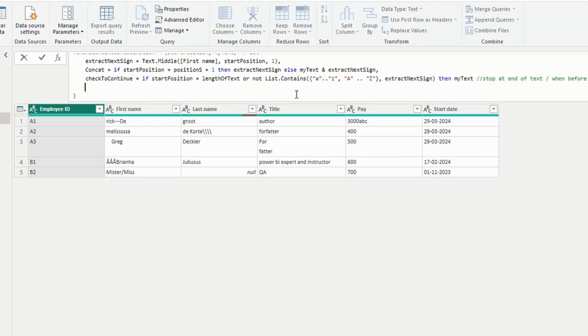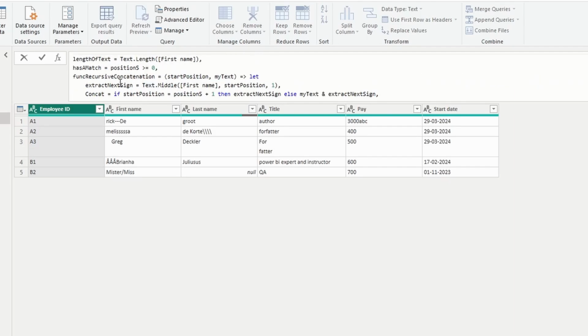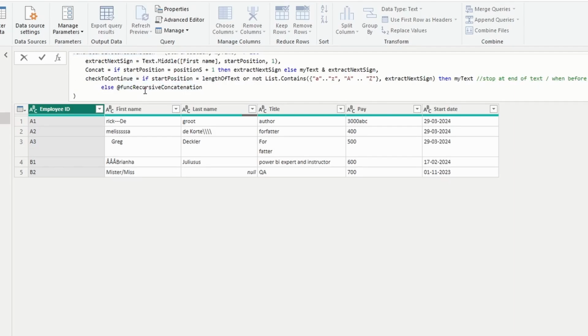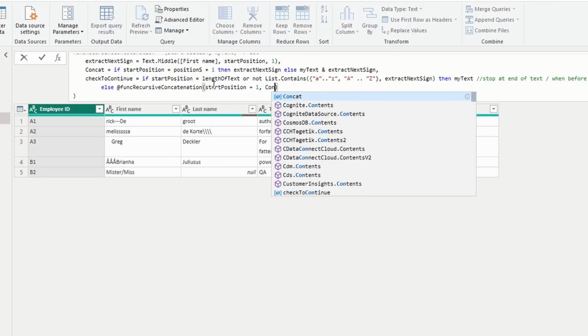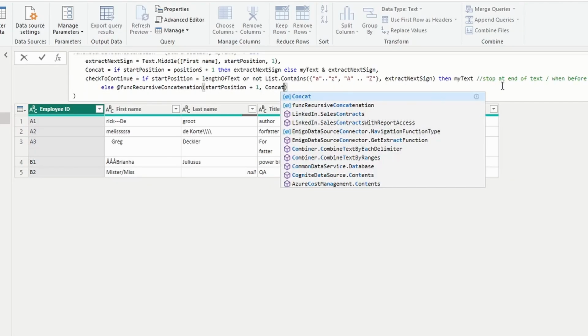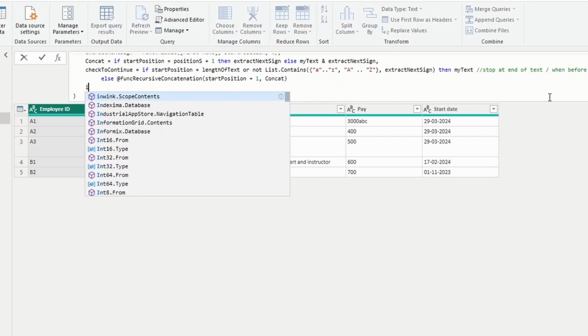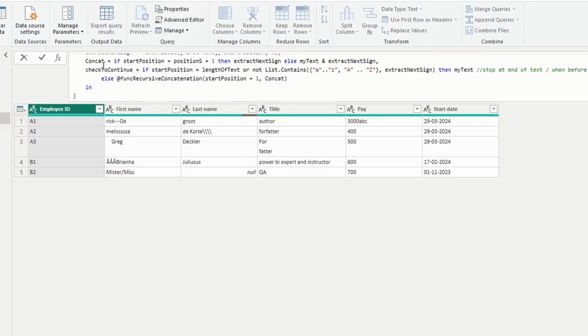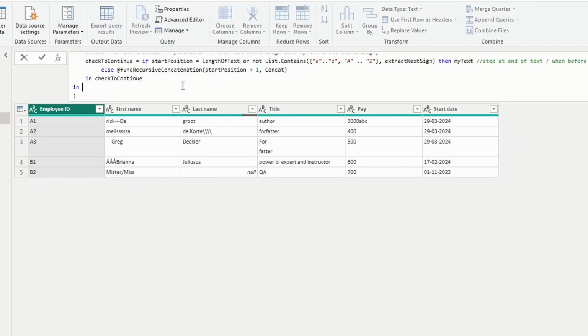And then if this isn't the case, well, then we should continue, which means I want to call my function. And I need to call that recursively, meaning I need the add sign at the front. Then I need to go to the next position, meaning I want to output the start position plus 1. And then I want to add concatenate as my text, meaning that I keep adding text to my text. Lastly, I need to output that variable, check to continue. And then we can break out of the second tier of variables and say again, if has a match is true, then